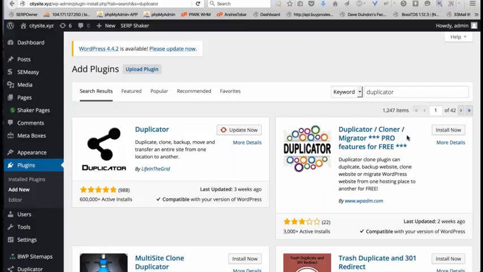Do you put each site on a separate IP? I think we just covered that. To avoid footprints, should we diversify our themes for a project? I could tell you that I don't. I like to hide in plain sight with themes like 2014, 2015, or 2013. That's what I do because I'm overlaying it, so it doesn't really make a difference what it looks like. So many people use those themes that it's not like I'm using a custom theme that's going to stand out like a sore thumb.